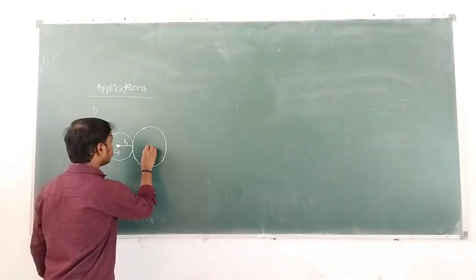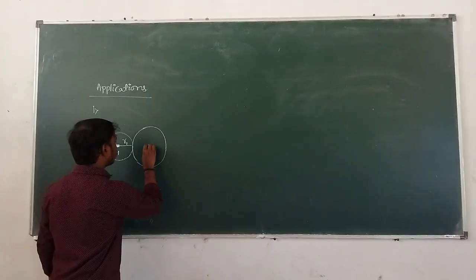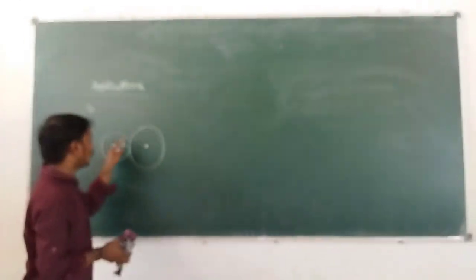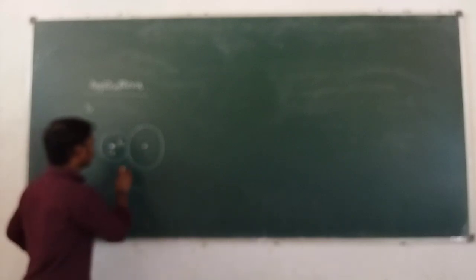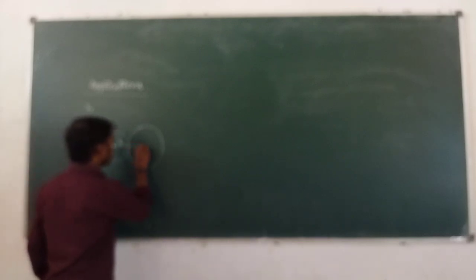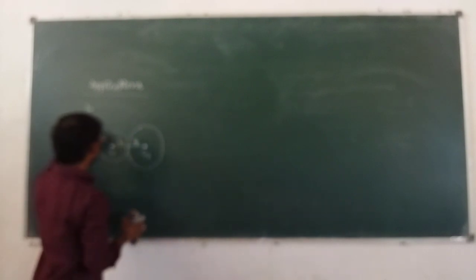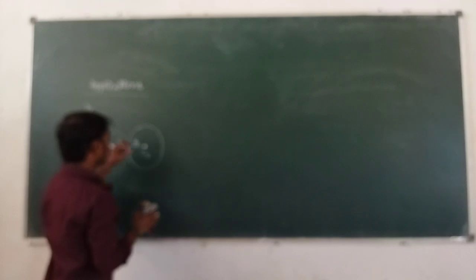And similarly, the center of mass of the second disc: its whole mass is concentrated at its geometric center. Hence, we take the total mass of the second disc at C2, because the mass is uniformly distributed, and the radius of the second disc can be taken as r2. Okay, and both the discs are of the same material.